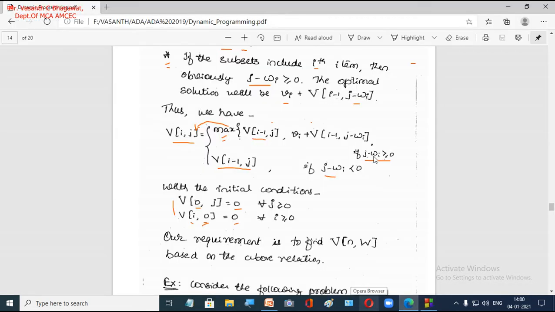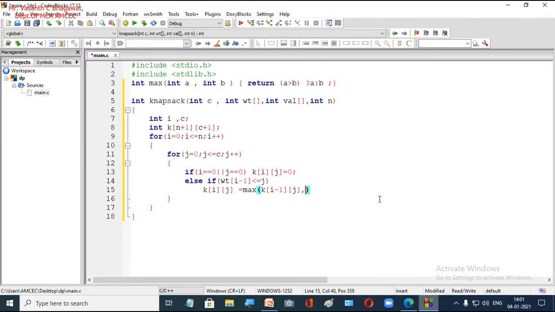If you take this wi to this side, then it becomes wi less than or equal to j. Now this is our equation. What will be the maximum between this number and this value? It is k of i minus 1 comma j, and the profit of the ith item.